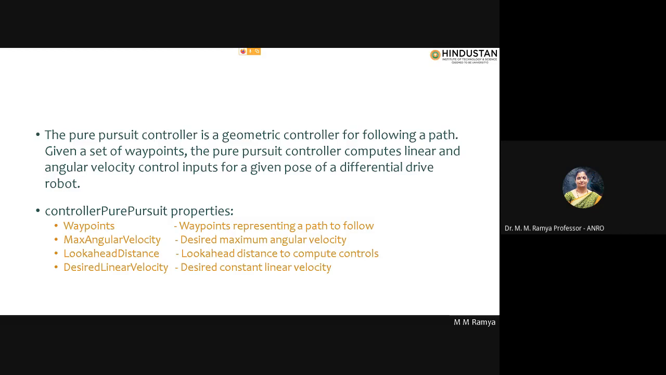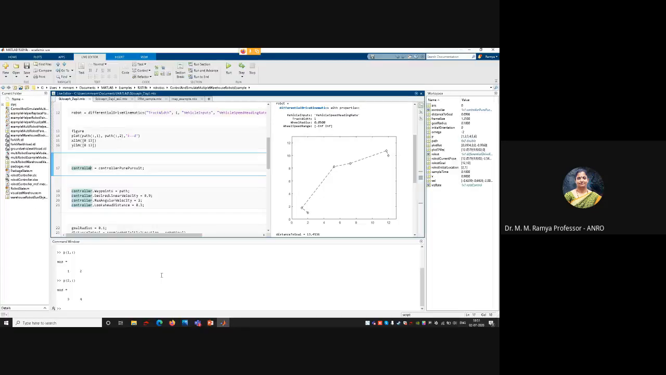So each sensor will have a certain amount of distance until which it can actually look ahead. The maximum distance that it can sense using the controls is represented here, and the desired linear velocity is the maximum or constant linear velocity at which the robot can move. So these are the various properties for any pure pursuit controller, and this is what we are going to use